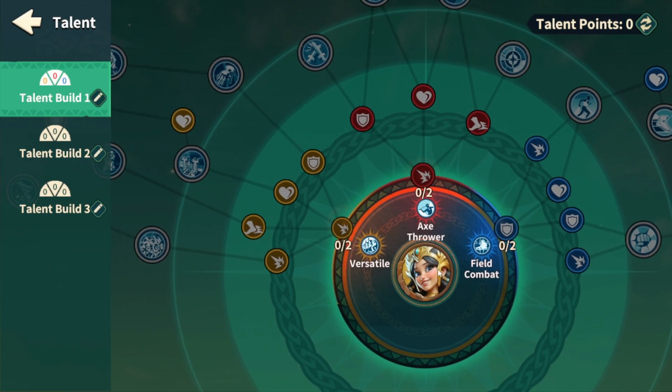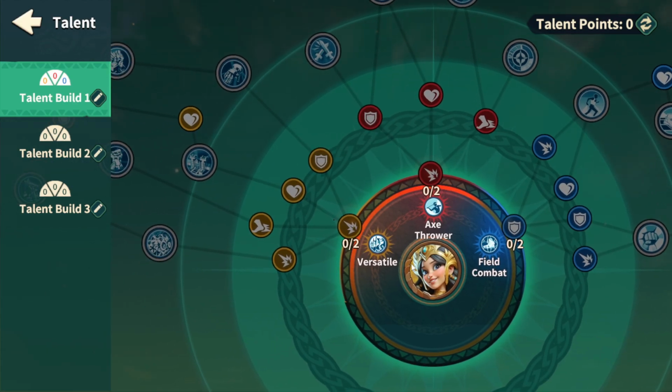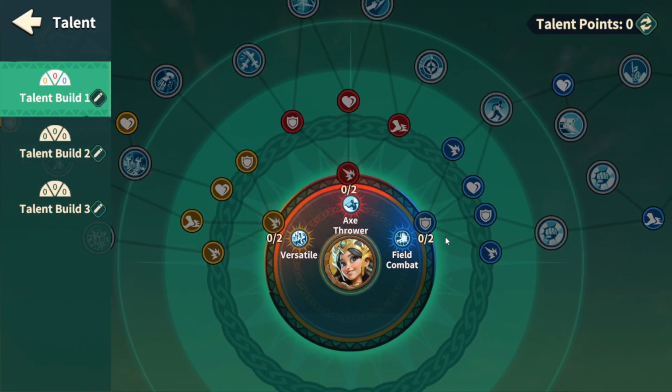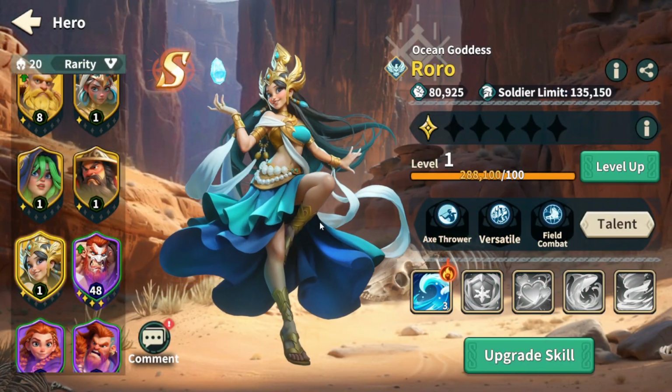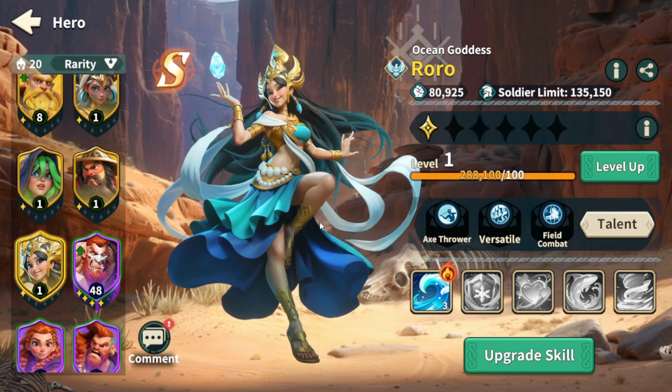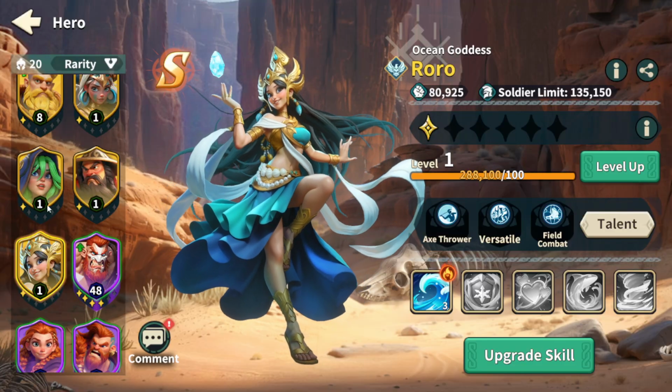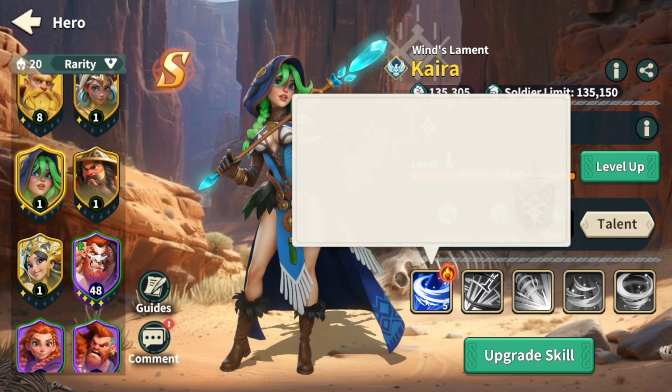But maybe you want to use Roro as a siege hero, then you have to go versatile, and maybe you want to have some more move speed, then you're going to go full field combat, right? The hero pairs for Roro, my predictions, because it's really early in my opinion, should be some mages, right? And Kyra is another mage,